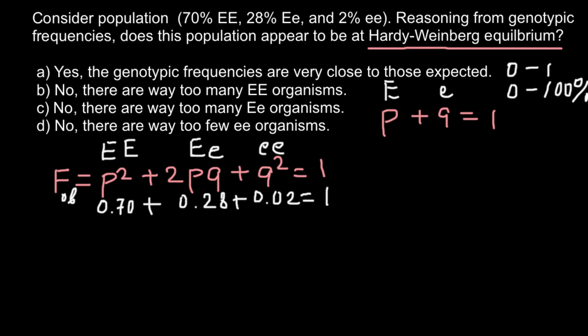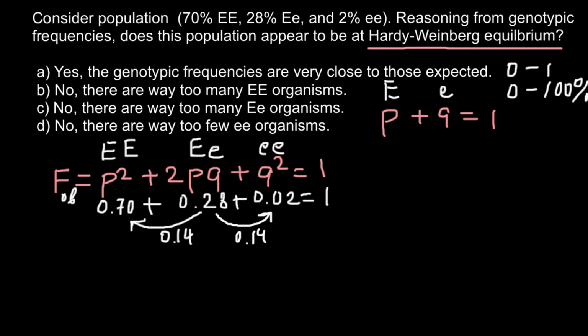And we have, as you see, two dominant alleles here, and here we have a heterozygous organism that is present in the frequency 0.28, and as you see, each heterozygous organism has a dominant allele and a recessive allele. So half of this number we have to add here, and this is going to be 0.14, and half of these alleles that are present here are actually recessive allele E, so we have to add this number here also